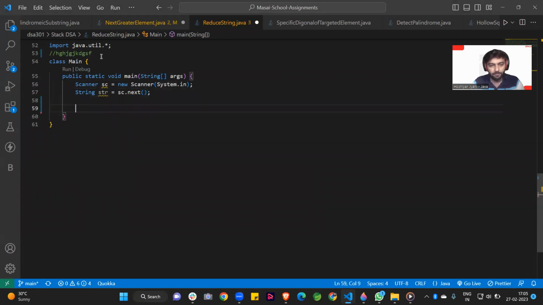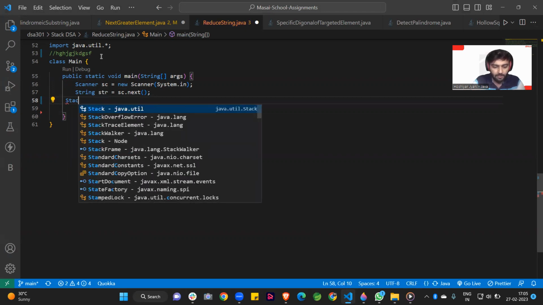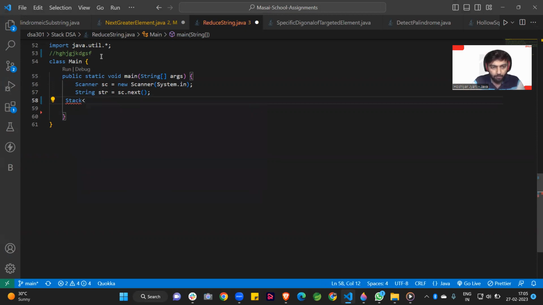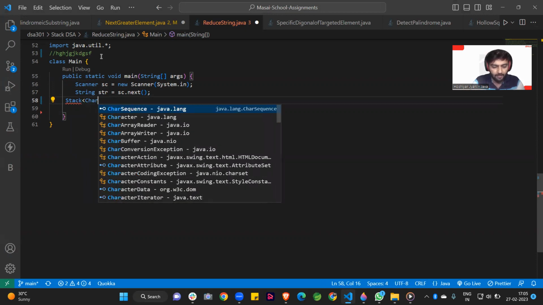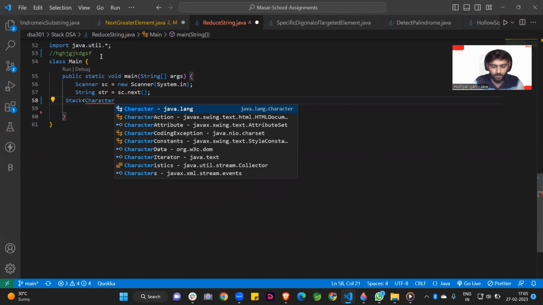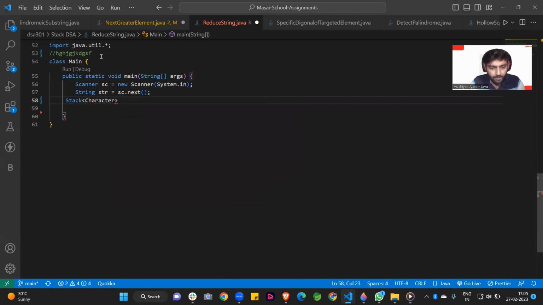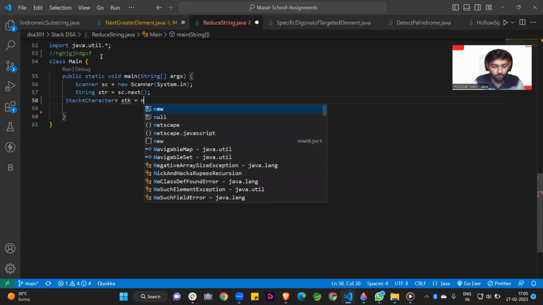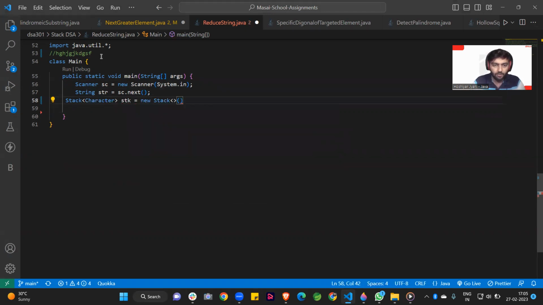After that, we create a stack for storing the values when we iterate over our string. The stack type is Character. The name of the stack is stk, equal to new Stack. So our stack data structure is created, guys.